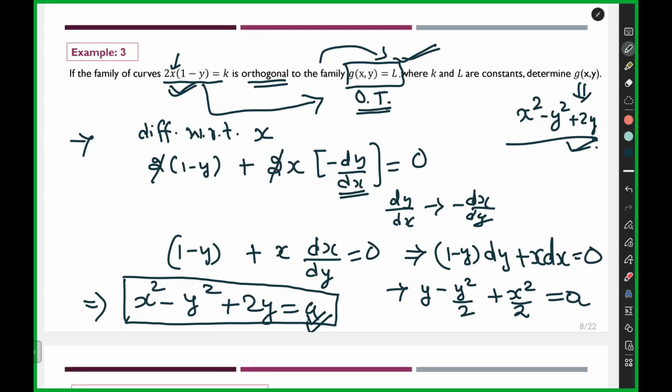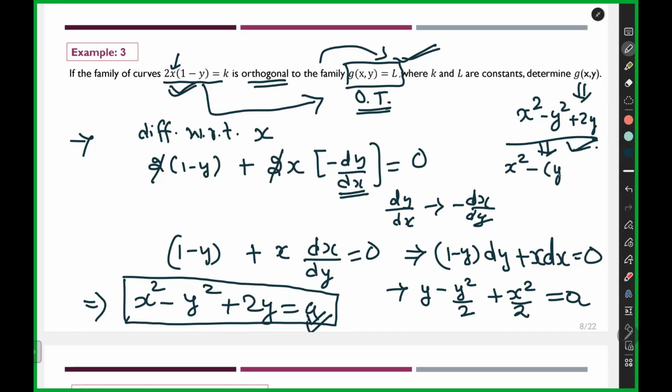Then it will be complicated, because we don't know the form of the g of x y. Yes, you can do g dash, and after that dy by dx. Also, you can do one more thing, that here you can simply write it in a simple form